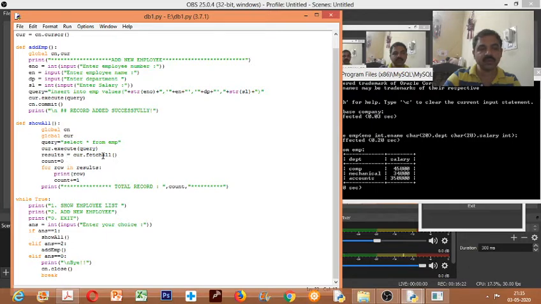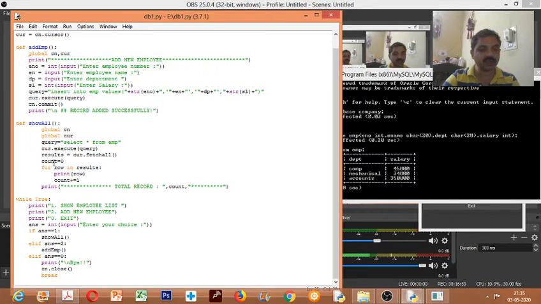Along with that, I need to display how many records there are. So I need to take one variable called count, and I'm initializing it as count = 0. Now I want to display the stored records one by one. So I take a variable row in results. Results is nothing but the result set. From the result set, I want to display one by one, so I can use a for loop with any variable. Here I took row. If I write print row, it will display the first record the first time. Then the loop continues and it displays the second record, then the third record, like that it goes.